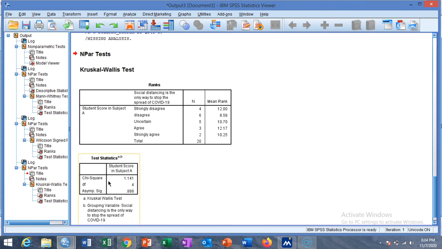You will see the value of chi-square as 1.14 with degree of freedom 4, and this also provides no significant difference between the score of the 5 different groups.